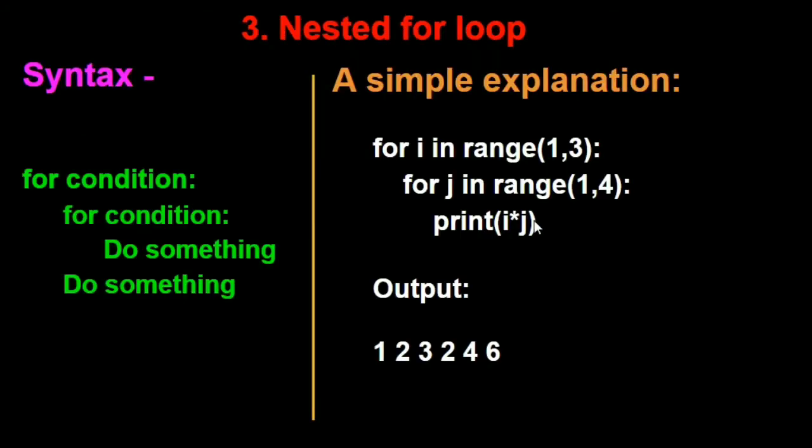So let's look at the syntax. It's pretty similar to nested if. You have a for condition, inside it you again have another for condition, and then you tell the compiler to do something. Okay, so basically a nested loop has an inner loop inside it. This is the outer loop, this is the inner loop. So the first pass of the outer loop triggers the inner loop, and on completion of the inner loop